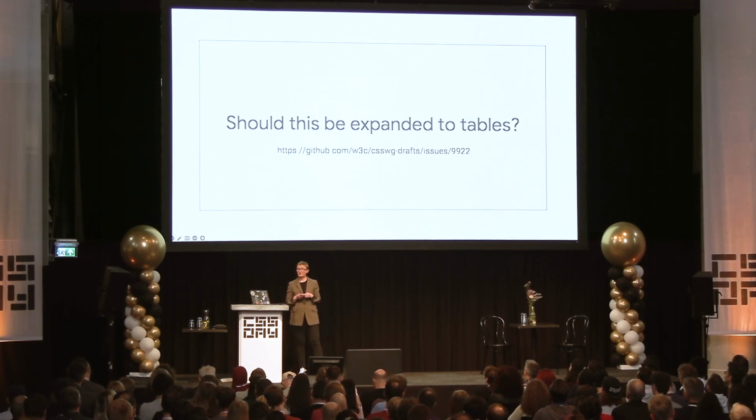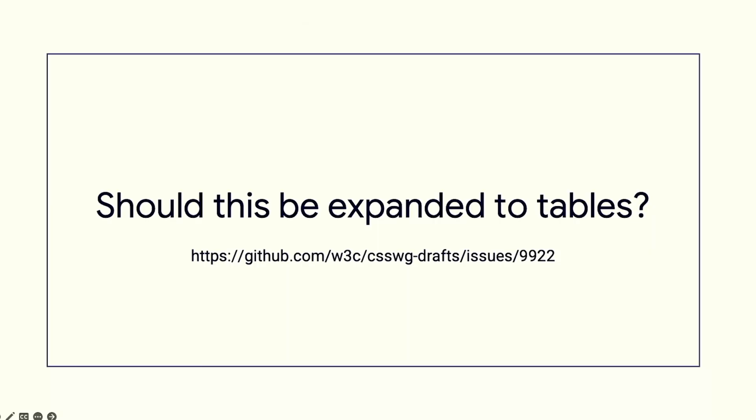There's also been a suggestion that we should use this on tables. Now, to be honest, I'm terrified of the table spec, so I don't really want to look at it. But I don't actually know if there's a real use case for this. As has been pointed out, tables have good accessibility support already. If you're doing a data table, that already has good support. The assistive technology knows how to deal with tables and knows what tables are if you've marked them up properly. So maybe there's not really a case for this.